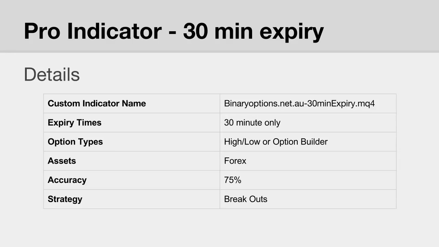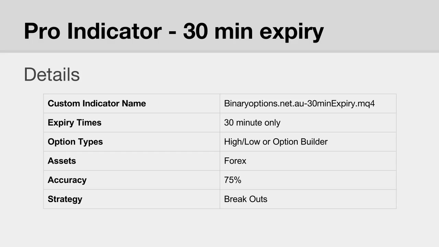Some key details about the indicator. When you download it, it'll be a file called binaryoptions.net.au-30minute-expiry.mq4, and you place this in your indicator folder on the MetaTrader platform that you have installed. I have some other videos and instructions on the website on how to do this if you're not familiar with installing a custom indicator. It's to be used on the 30-minute expiries only, and only on high, low, or